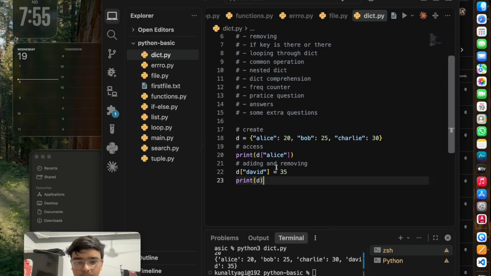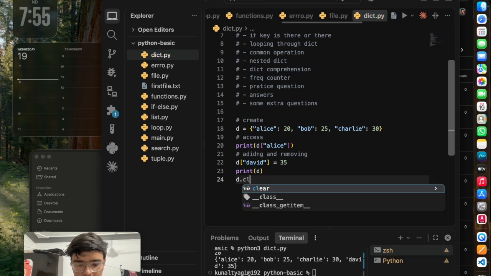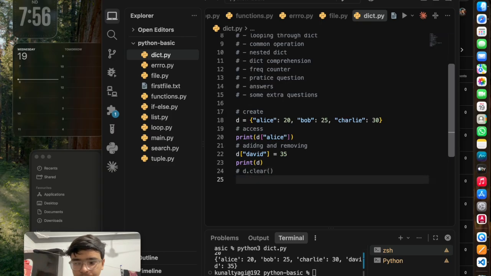So here you can add values, but how can you remove values? That's a certain thing that we have to talk about. There is one thing that you can write: you can just say d dot clear. We have talked about this in Python as well. What does it do? It will clear all the data from this dictionary, and d will return to an empty dictionary.